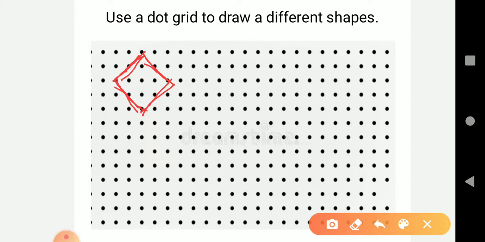How to draw a square? Yes, look at the picture. Understood. If you want to draw a triangle,